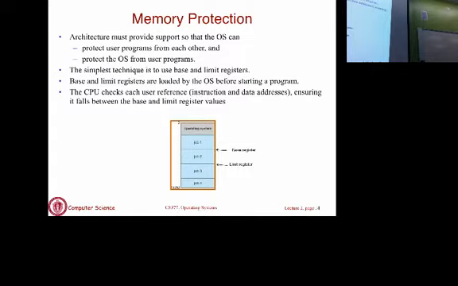What memory protection does is it allocates, as I said, a certain region of RAM to a certain process, and every time that process accesses some address in memory, it checks whether that address belongs to that process or some other process. If it doesn't belong to that process, you are not allowed to access that region of memory. Here is a picture that shows you one way to do it. When we talk about memory management, we look at many more sophisticated approaches. This is a very simple one.